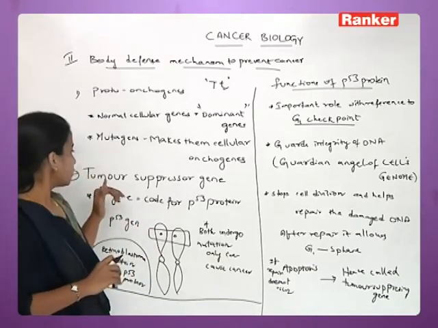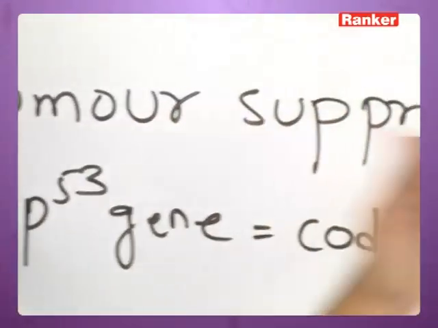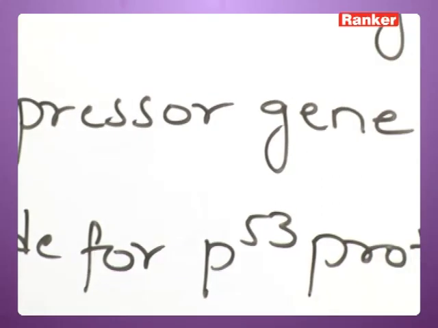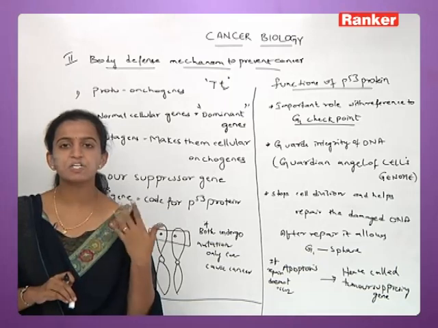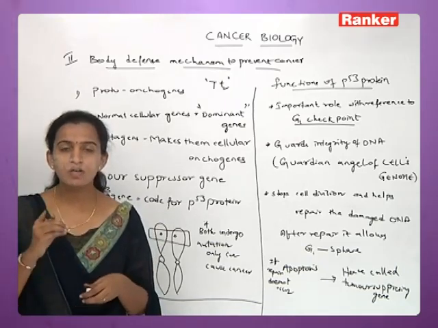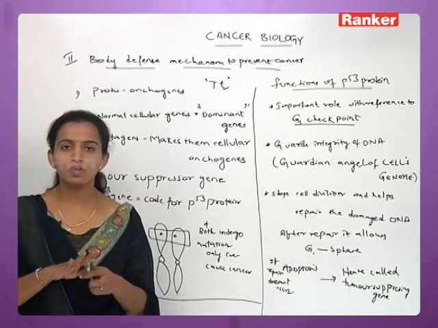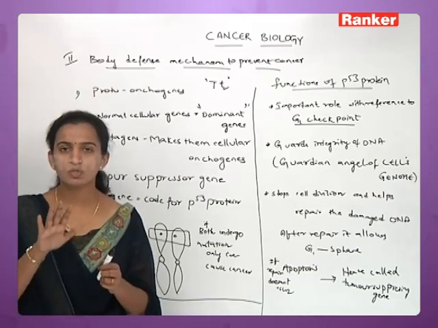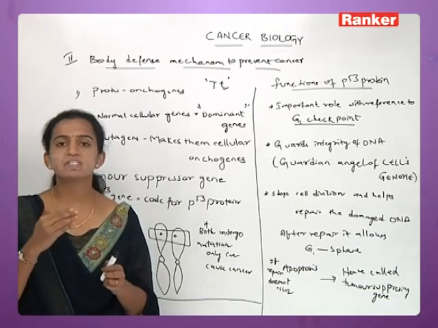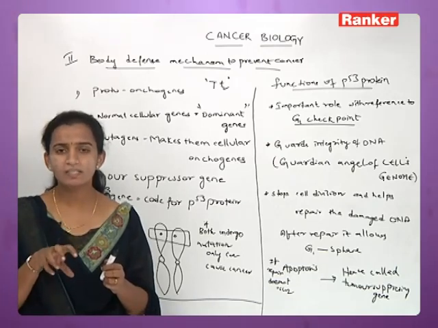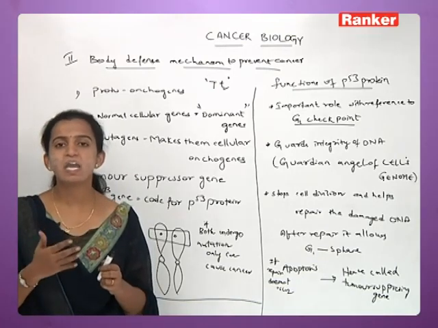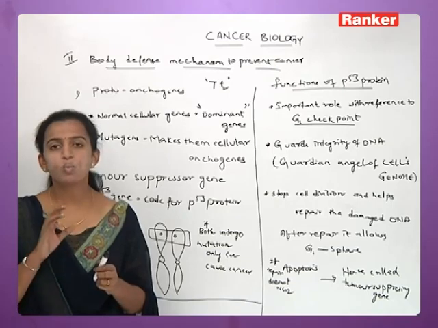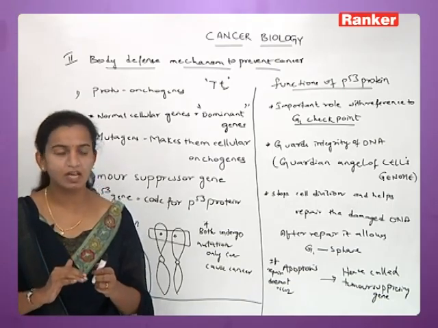Now you have a tumor suppressor gene. What is a tumor? We already said that a tremendous growth of a cell will lead into a tumor. Now the tumor suppressor gene stops the cell from dividing. That means a cell needs to grow or divide based upon its circumstances, based upon its needs, but it can't grow as it wishes.